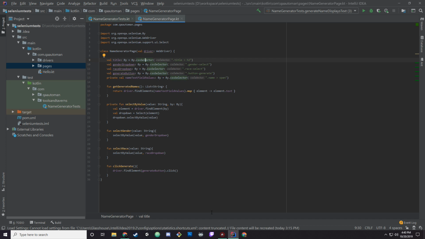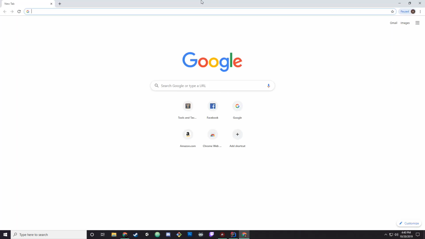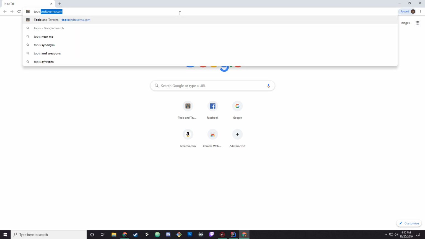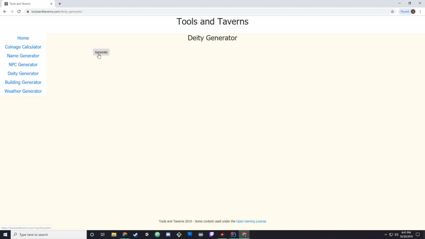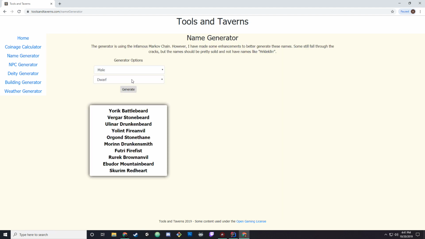So one of the things we want to start with is the idea that we're going to use probably a website like Tools and Taverns or something along those lines, something simple. Toolsandtaverns.com. I'm only using this one because it's easy to use, really basic stuff, and it has enough different variants that we can use to write our automation, with dropdowns and things of that nature. So before we get into it,